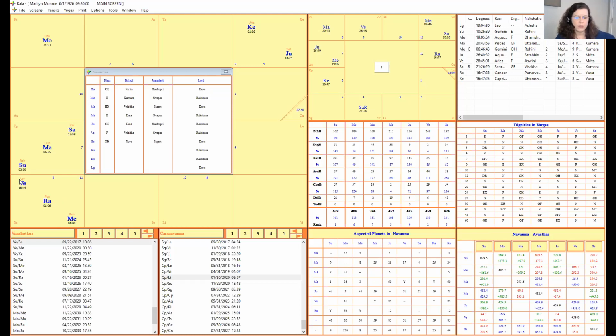We can also consider Venus here, which is in the sign of Sagittarius in the 6th house. We can see that this Venus is in friendly dignity. This Venus rules the 4th house, and it also rules the 11th house. So this can help this house here. This being in friendly dignity can mean that the person